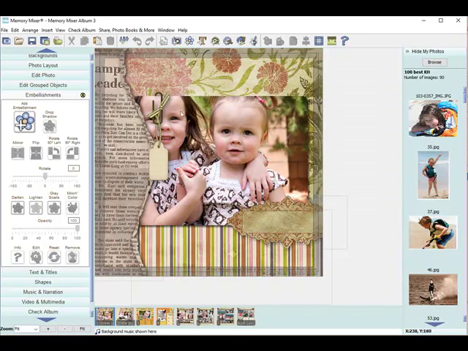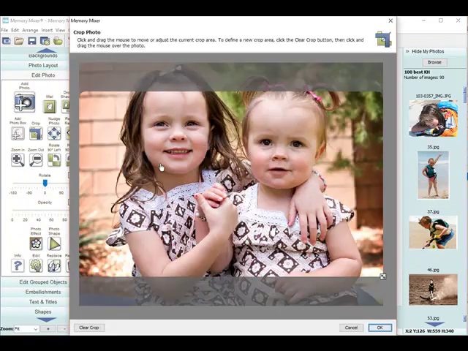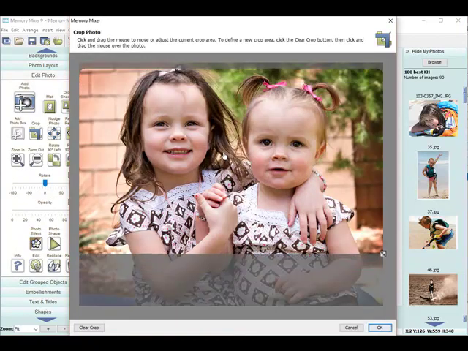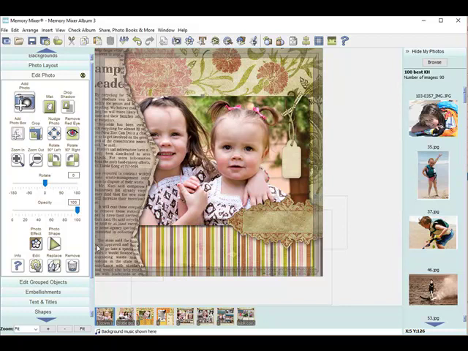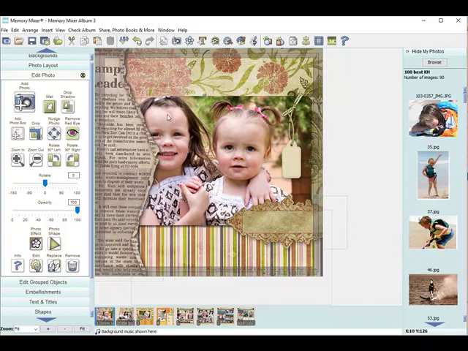Okay, so now I can see here these embellishments are blocking her little cute face there. So I could either just move those embellishments over, or I can double click on the photo and now I have a chance to reposition it as well. So I've just scooted that over, and now if I want, my photo still selected, I can use my arrow keys and just nudge the photo to the side, or I can grab it with my cursor and drag it